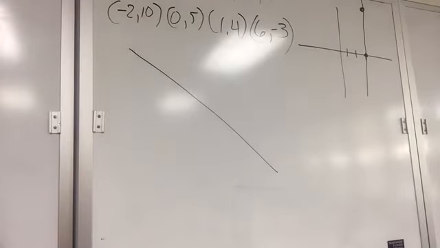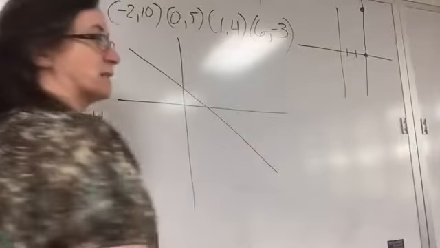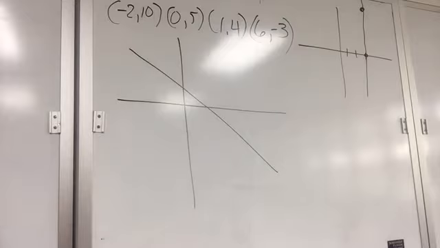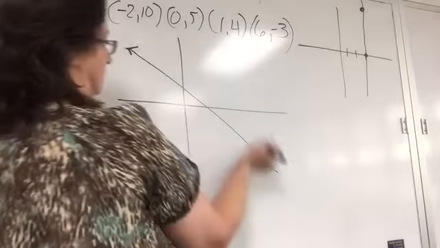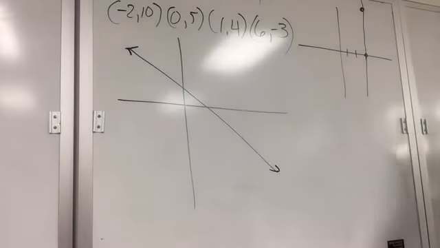What is its domain? What can x be? All right, so we can put our little xy grid in there. It doesn't really matter though, because remember, lines go on forever, and so the x can be anything. Would it be infinite? Since it's going down, would it be negative infinity? Well, no. When you're talking about x, you're talking about this right here. So it is going to go from negative infinity to positive infinity.